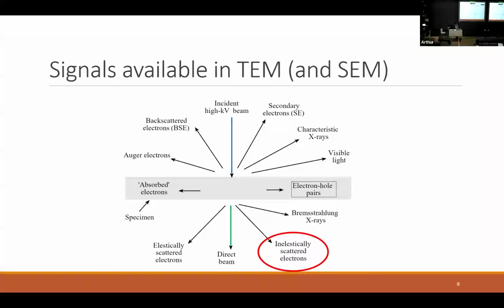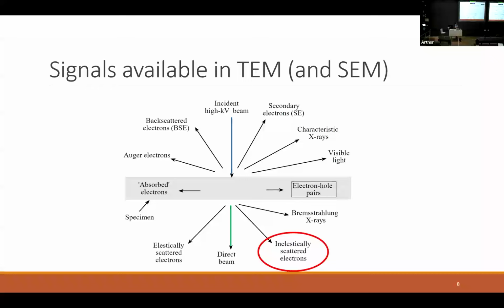That's going to be a technique called EDS, which I guess Tim will be talking about a little bit in his lecture that's coming up. So that's a way of fingerprinting the materials, the chemical elements which are present in your material, from these characteristic X-rays that come off. We can also look at light, so cathodoluminescence.